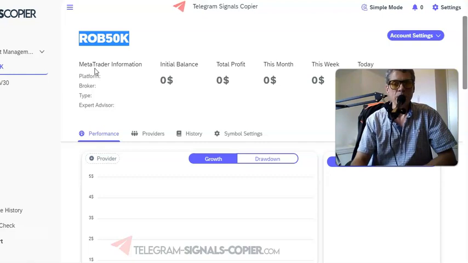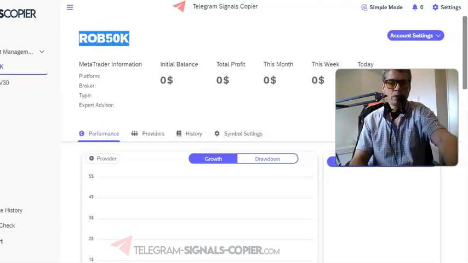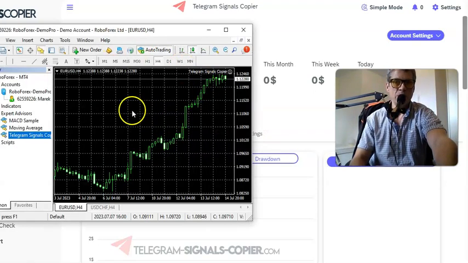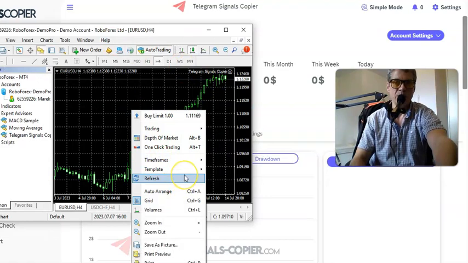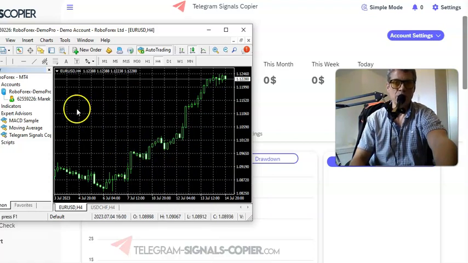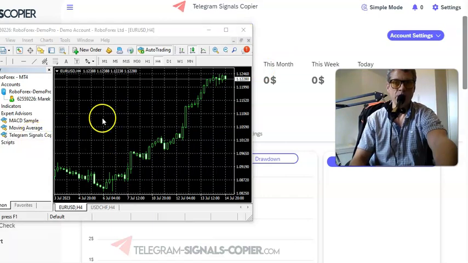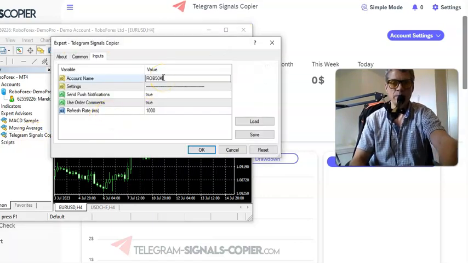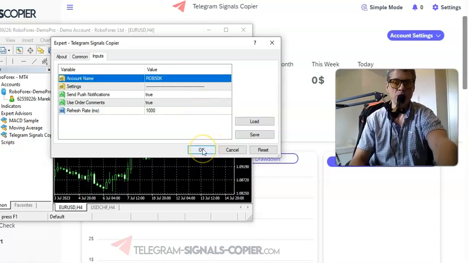And then I'm copying them using my local trade copier and adjusting parameters for certain trades over to different trading accounts, whether it's a live account or a demo account. I'm using the software to copy them over. So I need to copy the name, and then I have to get into my expert advisor. So I have to find it again. It's not showing there, so I think maybe I'll drag it over again. Now I'll fill the name of the account and click OK, and that should connect to the account,